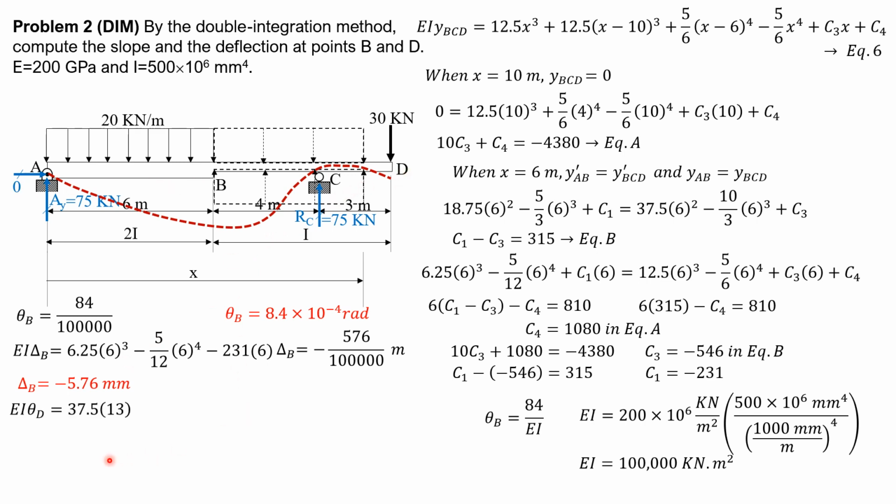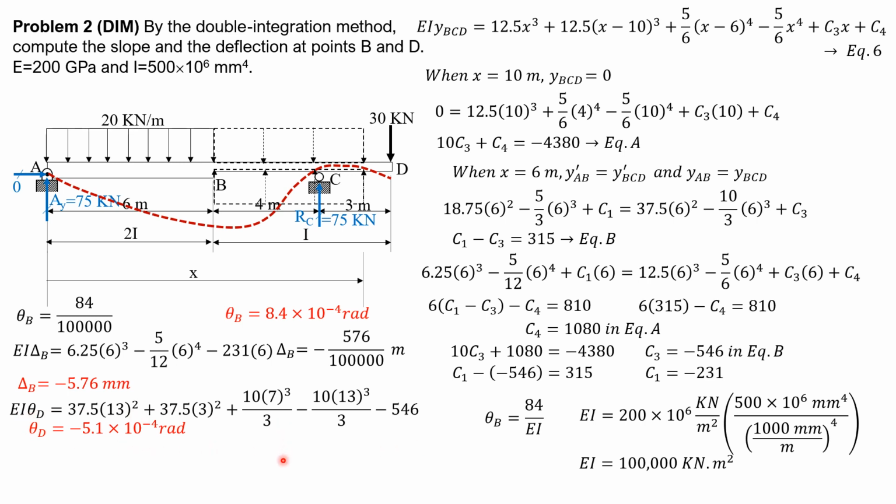So EI theta D is equal to 37.5 times 13 squared plus 37.5 times 3 squared plus 10 times 7 cubed over 3 minus 10 times 13 cubed over 3, then plus c sub 3, which is negative 546. So theta D is negative 5.1 times 10 to the negative 4 radians